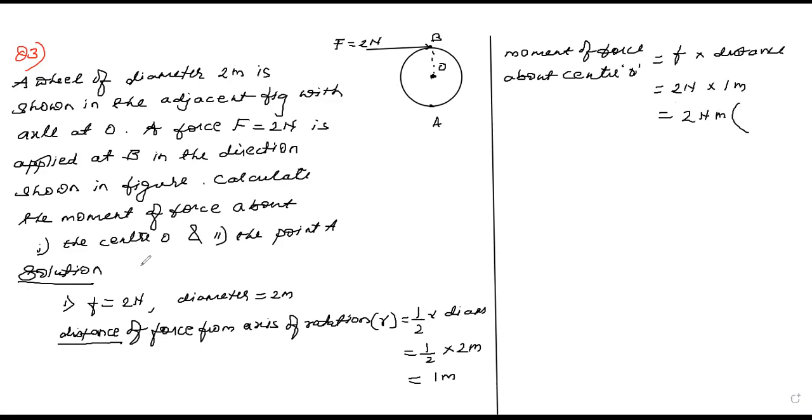And remember one thing, the direction of rotation is this way, okay? The direction of rotation is clockwise. You can see here. So I'd better write clockwise here. Are you getting me here? Got it? Now, this is the answer. Moment of force about center O is equal to 2 Newton meter